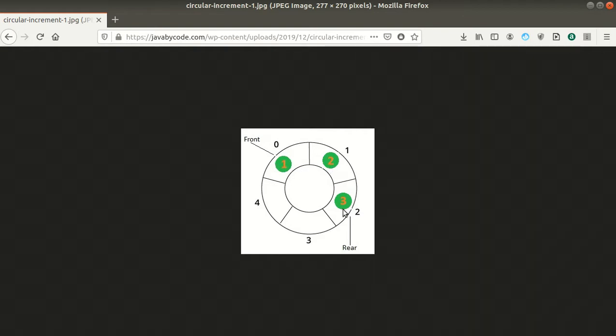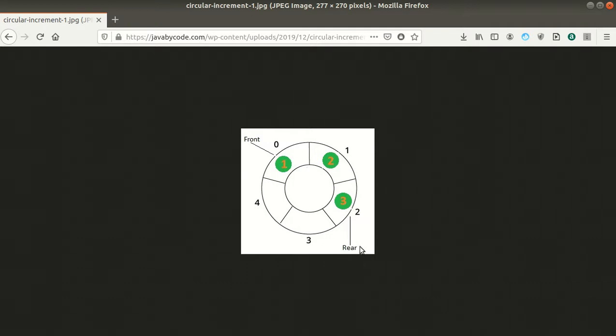The next element will be inserted at 3rd index, and after that at 4th index, and after 4 again we will insert an element at the 0th index. The condition is that the 0th index should be free. There should not be an element there during insertion. If there is an element, then we can't insert after 4.